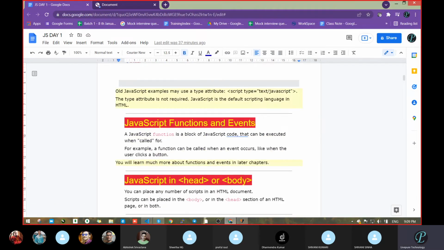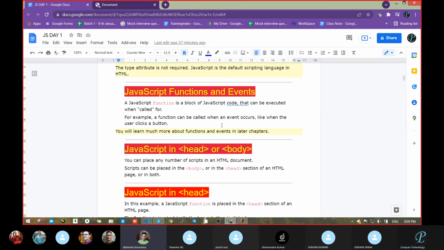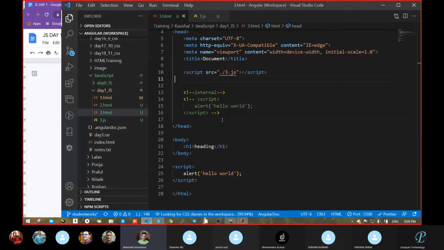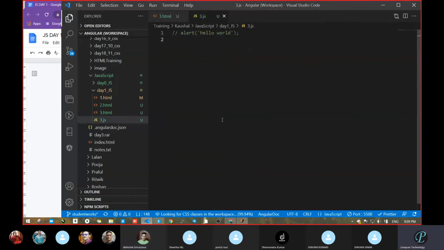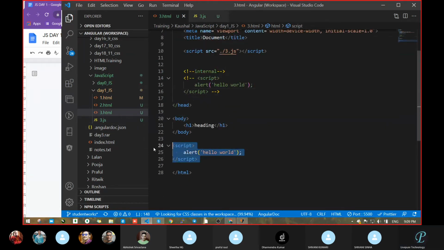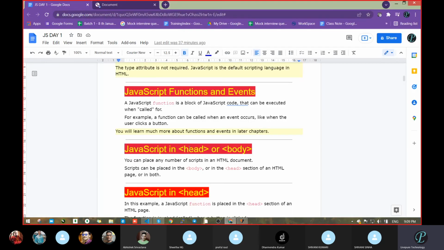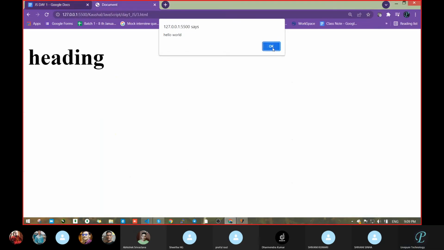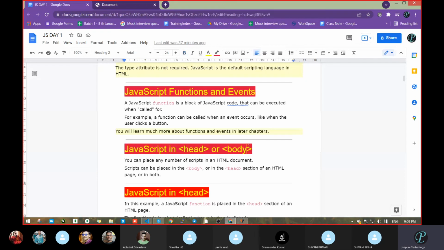Okay, next. Sir, what is the best practice in JavaScript? In the CSS case, you said external is the best practice, so here also write external itself. Don't write internal. Okay. See what is the benefit? All this code will be separate. That is the main reason. If you maintain all CSS in one file, all JS in one file, and all HTML in one file, then it becomes good. So always try to write separate.